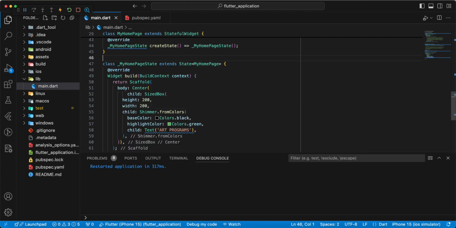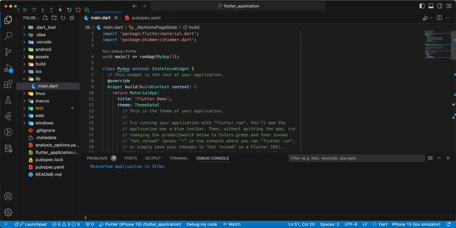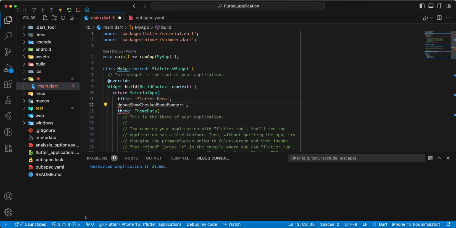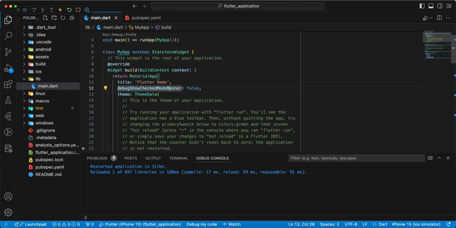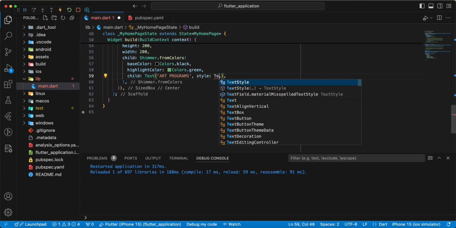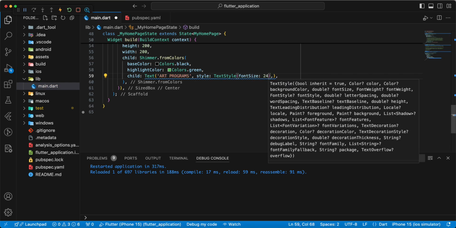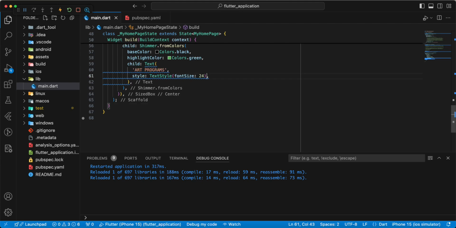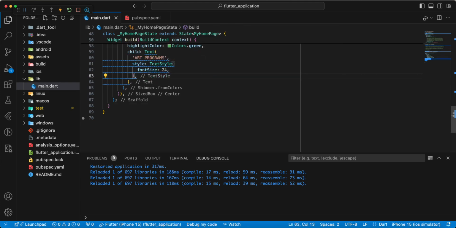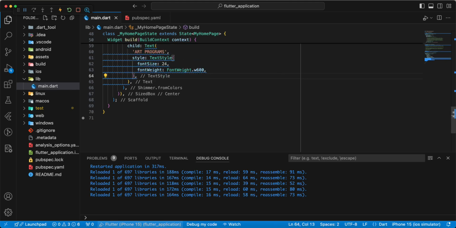hot restart, open emulator, and now we write parameter debugShowCheckedModeBanner, write false, then we write style, write TextStyle, fontSize 24, write fontWeight 600,